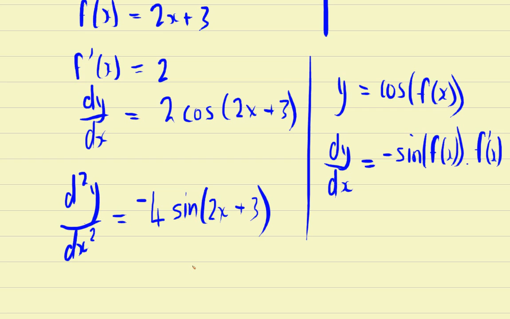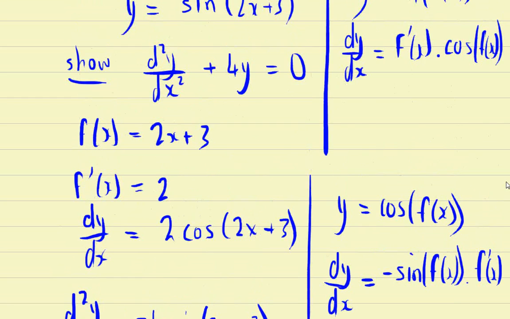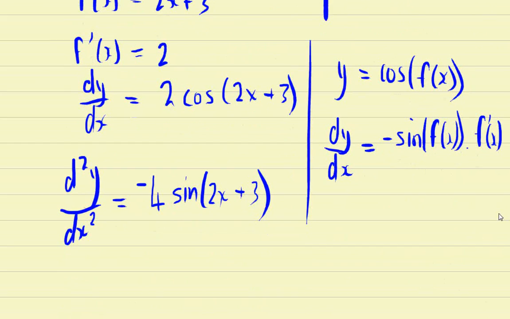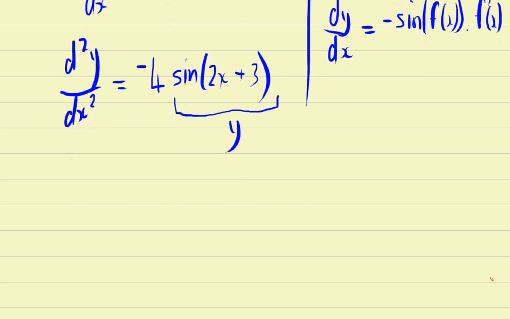So what can we see from that? If you have a look and compare this second derivative to the original function y, you can see sine of 2x plus 3 appears in the second derivative. What happens is this part is actually y. Y is equal to sine of 2x plus 3. So what can you do then? What you say is